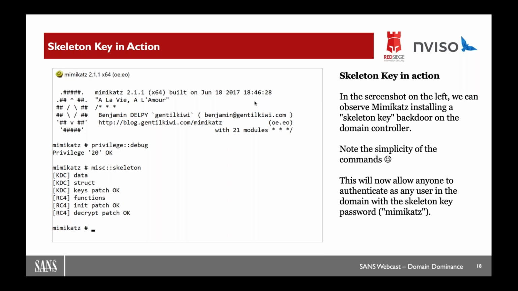Mimikatz, the product or the tool, does not provide an easy way of changing this encryption key. So you cannot change it to another value. Do note, of course, that theoretically it's very easy to do that. As Mimikatz is, of course, open source, an adversary could perfectly adapt that or even write his own mechanism here with his own value. So it's not just Mimikatz. But just know that the standard Mimikatz tool will not allow you to customize this value.